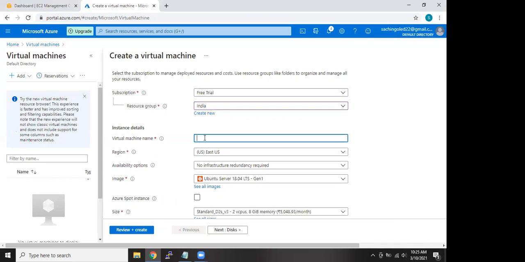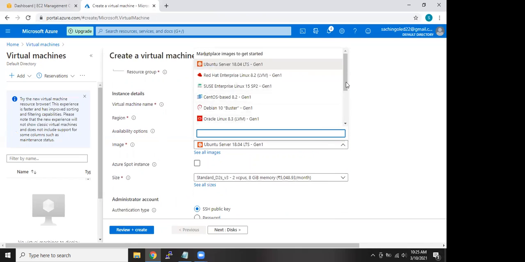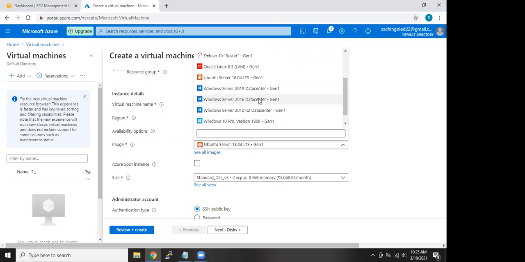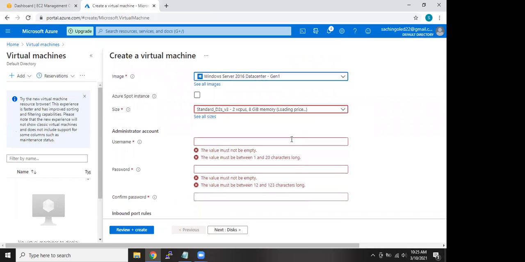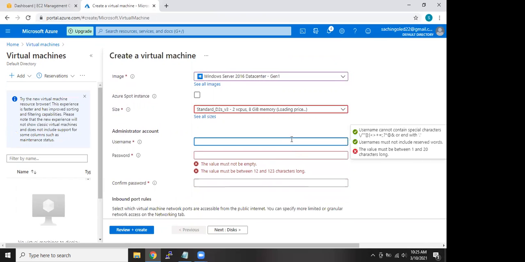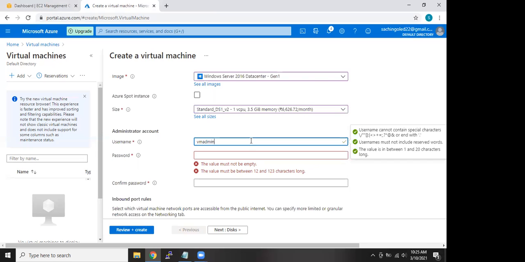Type a name, VM1, and then select an operating system, Windows Server 2016. Give a username, VM admin. First select the size. Select maybe the second one, which gives you one CPU, 4 GB RAM. Now give a password, Password@123.